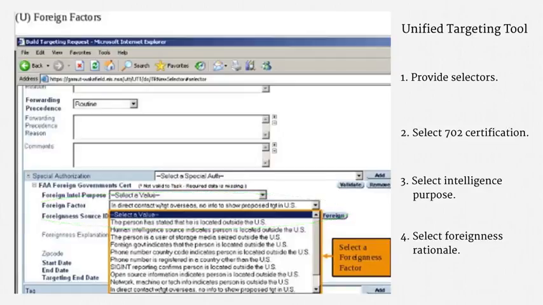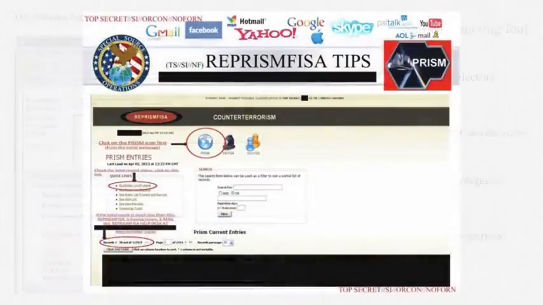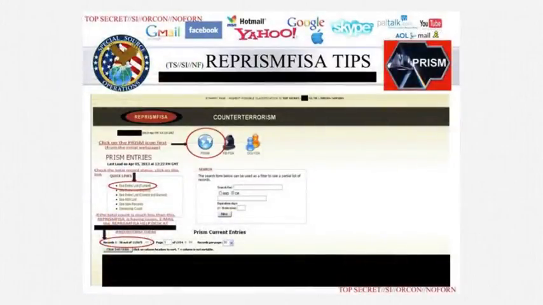Okay, so that's how an analyst targets a person for PRISM surveillance. I should note that targeting does get reviewed before it goes into effect. And I should also note that once targeting is in place, other analysts can certainly take advantage of it. This slide depicts the RePrism FISA tool, which appears to allow analysts to search through information that's already been collected